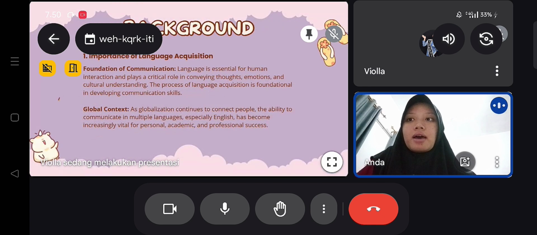So this is background. The number one is importance of language acquisition. This has two points. The first one is foundation of communication. Language is essential for human interaction and plays a critical role in conveying thoughts, emotion, and cultural understanding. The process of language acquisition is foundational in developing communication skills. And the second, global context. As globalization continues, the ability to communicate in multiple languages, especially English,